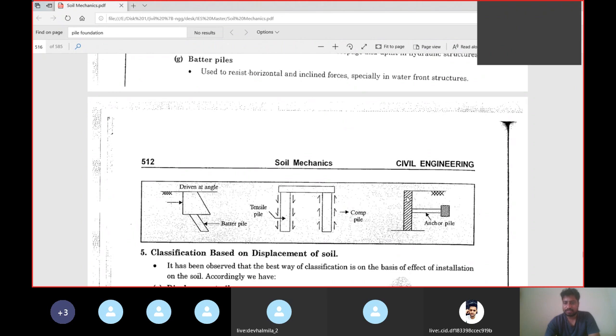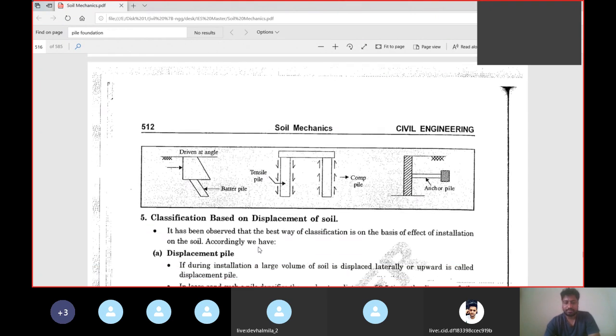Now I was discussing the anchor pile. So this is your bulkhead or a concrete mass that is laid inside the ground, and this is your sheet pile. In order to anchor this sheet pile against the action of active force or the ground forces, the pile is basically anchoring this structure. So this pile is known as an anchor pile.